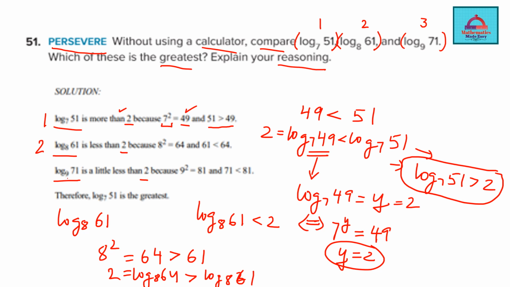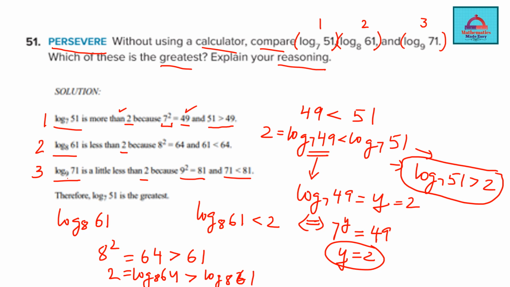Again, then log 971, we are again comparing with 2, and why we do that? Same concept now. 81 is the square of 9, and this square 81 is more than 71, so therefore log 971 is less than 2. That's the concept. So that's why we use the number 2 here, because we are taking into exponent and converting